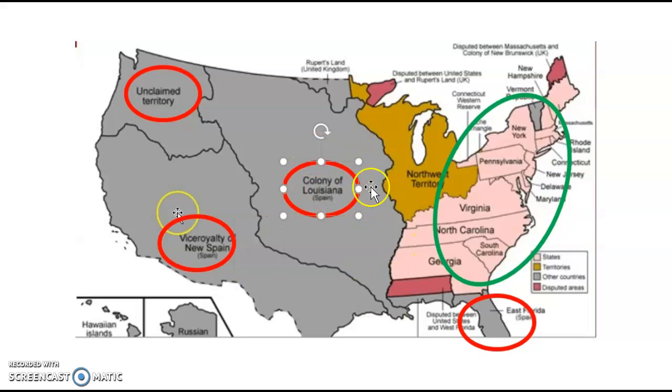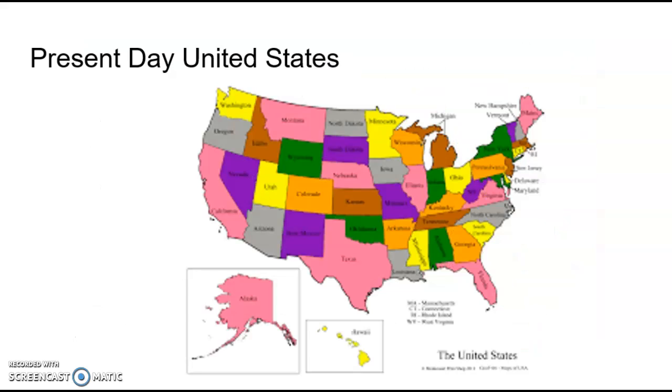So we own this land, and now the problem is, how is it going to become a state? All this territory, what is going to become of it? So how does the United States go from looking like this to this?